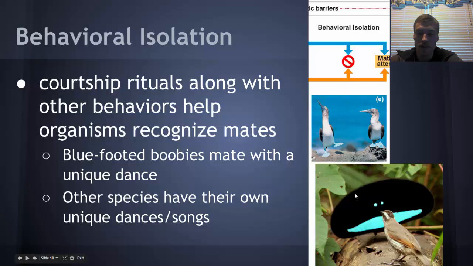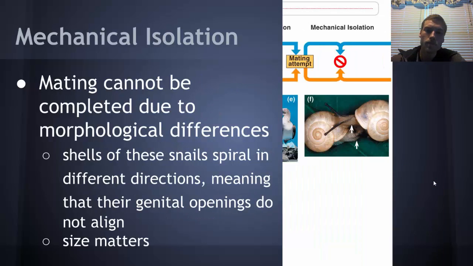This is an example of a bird of paradise, and you can see that it has this very unique coloration. These are feathers that it has kind of puffed up, and it also jumps and kind of flaps its tail on the trunk that it's on. So lots of different species, especially in birds, but in other species as well. You've got frogs with all their different mating calls that they make. So lots of variation with that.